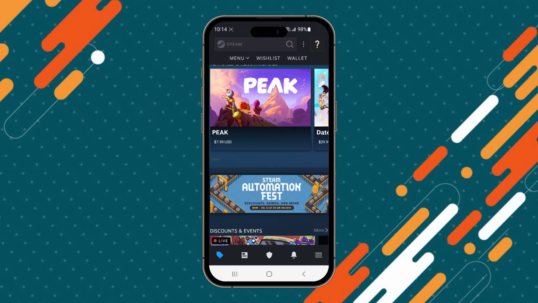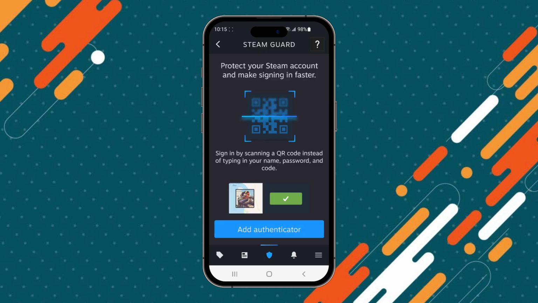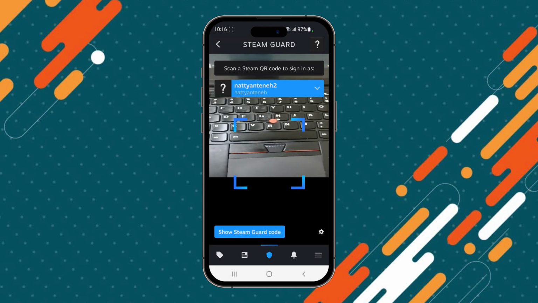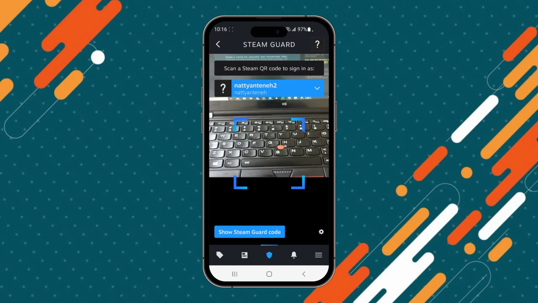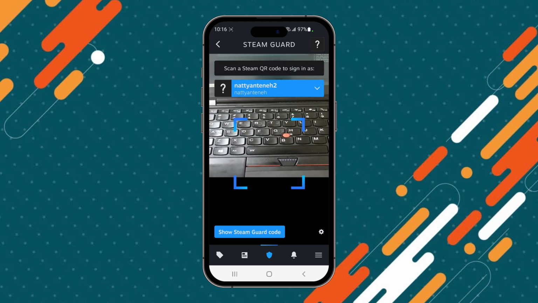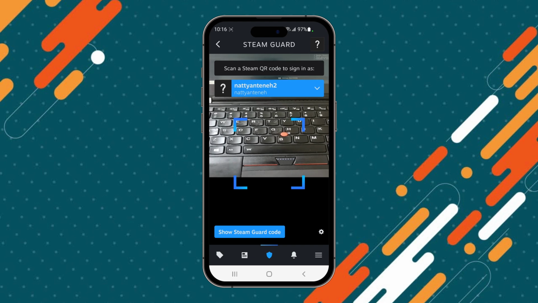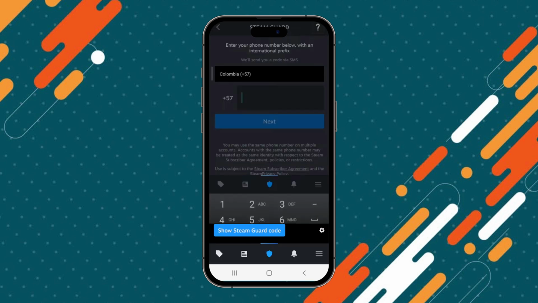So as you can see here in the app, in the option at the bottom of my screen, it might have a shield in the middle of the screen. If I go in, I have to scan a QR code, or I can show a Steam Guard code. But in order to show you how to enable it right now, in the blue button on top of my screen, I have a musical magic circle. So I'm going to click on it because I have another account that doesn't have the Steam Guard